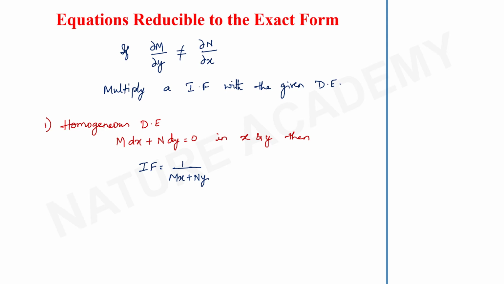Now, what is a homogeneous differential equation? A homogeneous differential equation is in the form dy by dx is equal to f of x, y, comma, phi of x, y. We have seen this in our previous lecture. So, if you want to know more about homogeneous differential equations and how to solve them, please watch the previous lecture of this playlist. A differential equation is said to be homogeneous if all the terms have the same degree in the given differential equation and the equation will be of the same order.